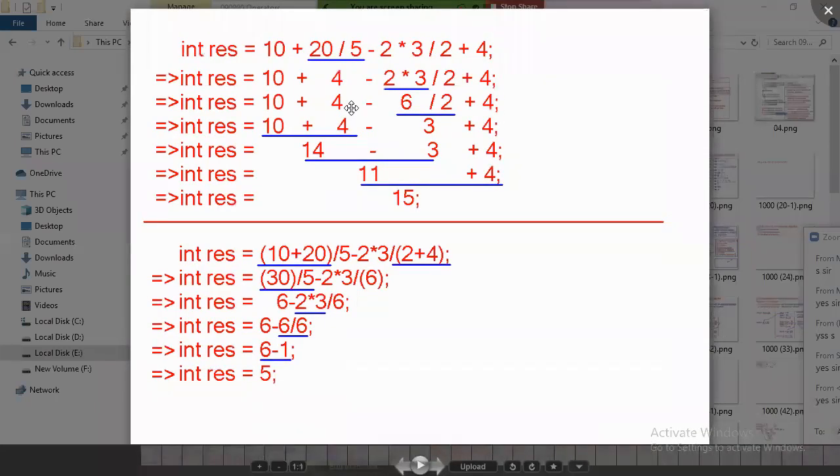For example, here, if you take an expression 10 plus 20 by 5 minus 2 into 3 by 4 below. Here, first the compiler or JVM is searching for what? Multiplicative operators. What are the multiplicative operators? Division, into, modulo, first they are executed. Look at that, from left to right it is searching for any division. Yes, 20 by 5, 4, and then it keeps searching. Now in this expression, any more multiplicative? Yes, 2 into 3, 6. And next, any multiplicative operators? Yes, division, 6 by 4... totally 3. So first all multiplicative operator evaluation is completed.